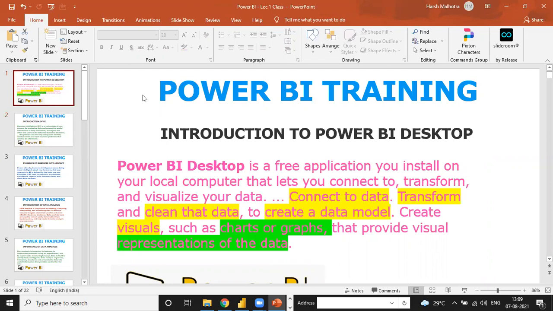So actually, what is Power BI? See, Power BI is divided into two types: one is Power BI Desktop and one is Power BI Service. Desktop helps us to prepare a report or a dashboard, and Power BI Service helps us to distribute that report to the concerned person like our manager, our CEO, our AM level person, our director, the end user.